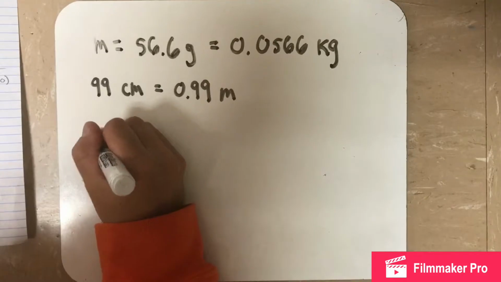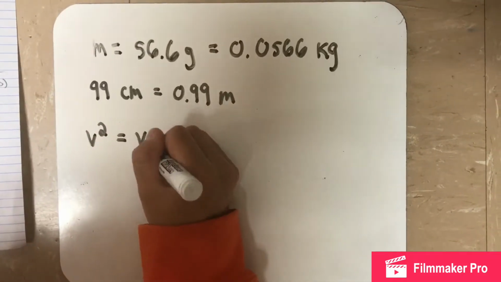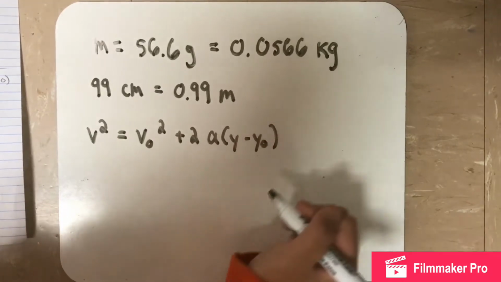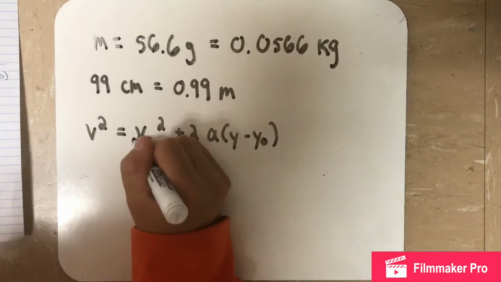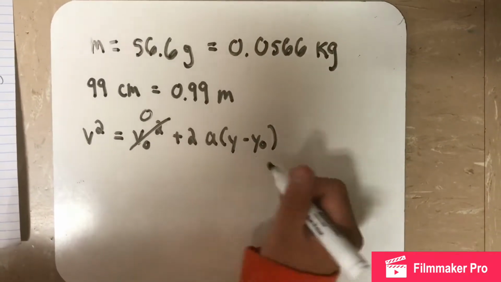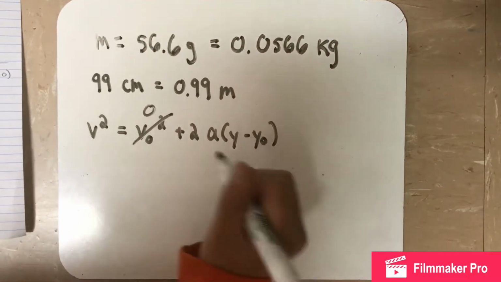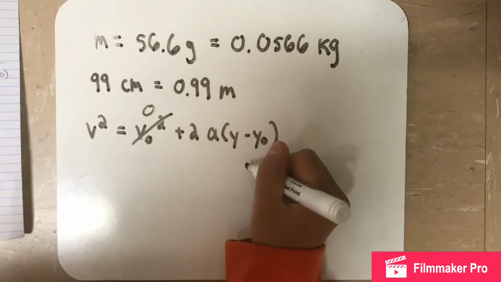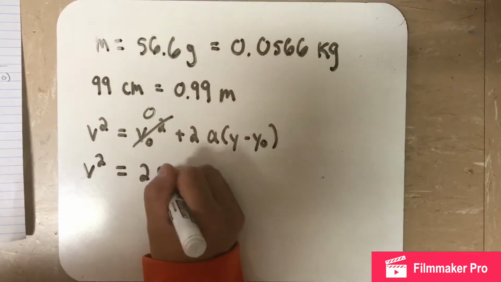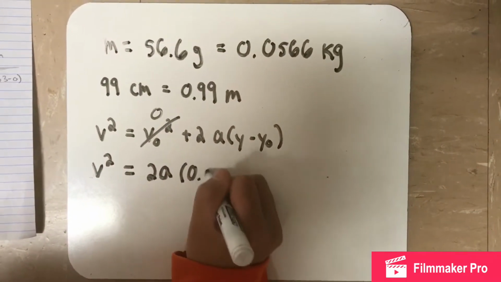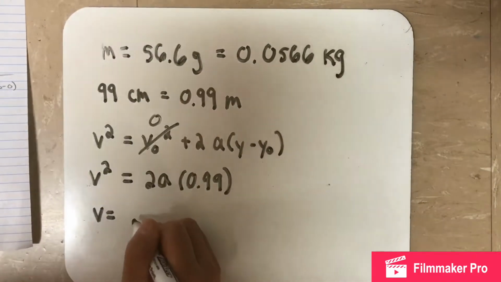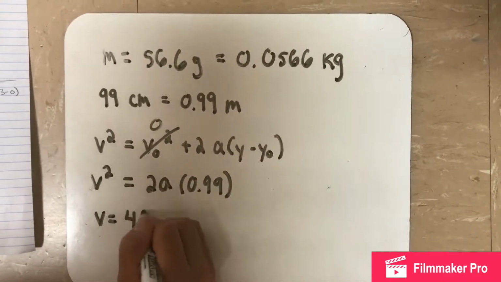We use the kinematics equation, and since we're dropping it down, initial velocity would be 0, and so we just have to measure the height, which, as we said, we dropped it from a height of 0.99 meters, and now we just plug all the numbers in, and the velocity turns out to be 4.40